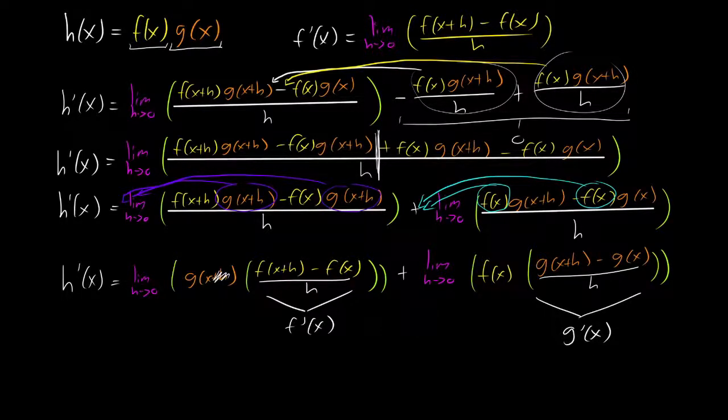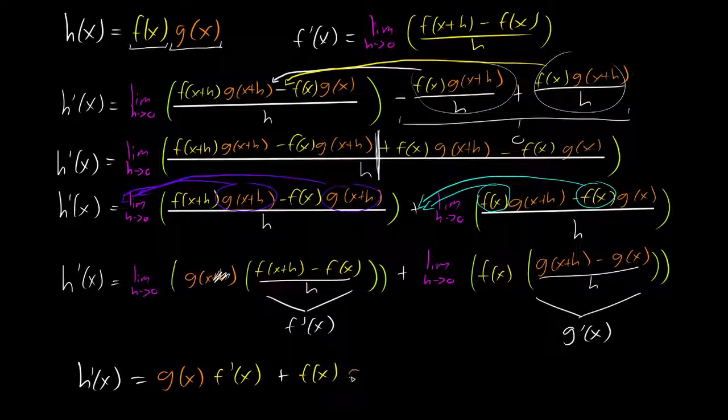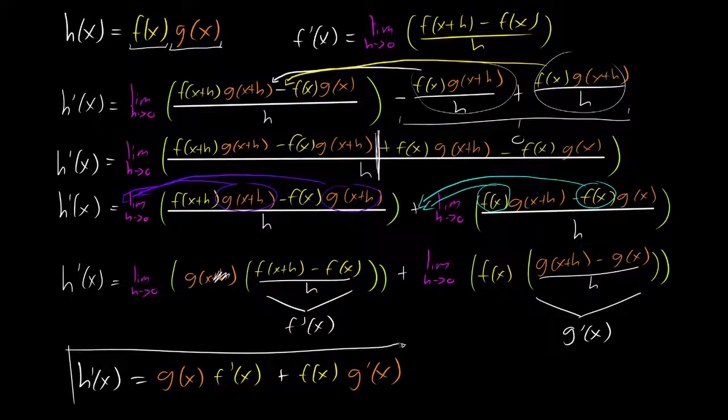So after taking the limit, what we end up getting is h prime of x is equal to g of x times f prime of x plus f of x times g prime of x. And that is the product